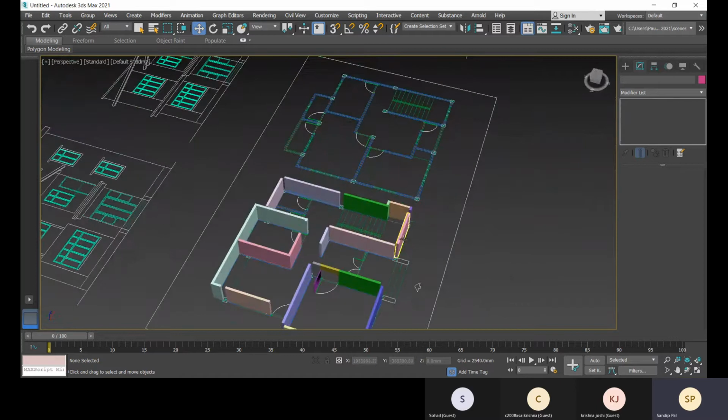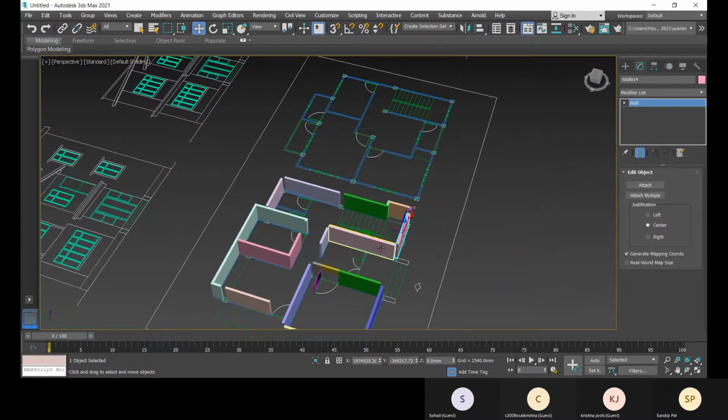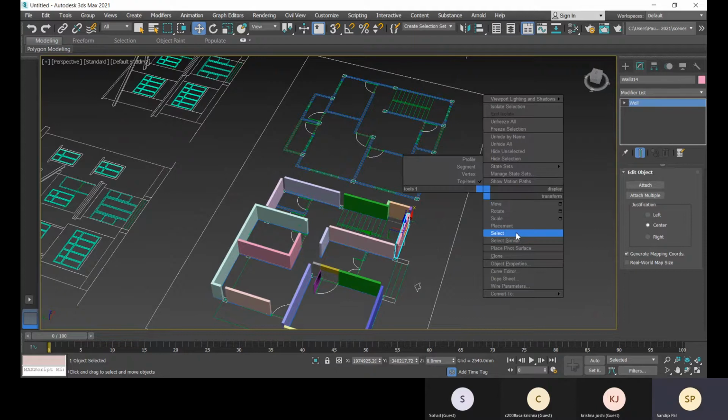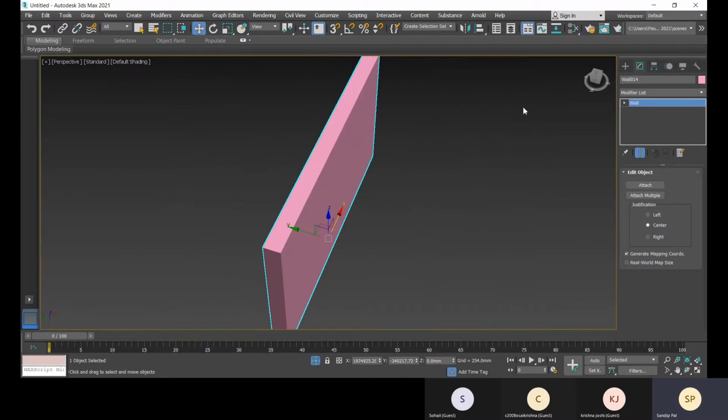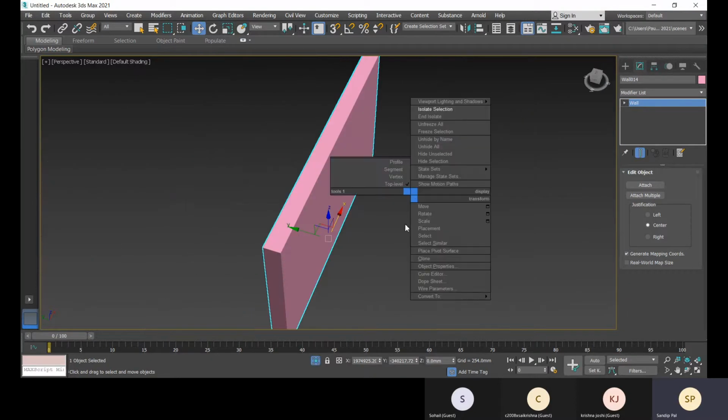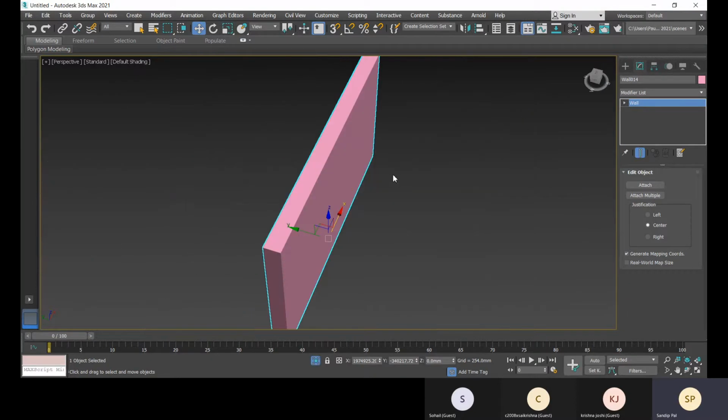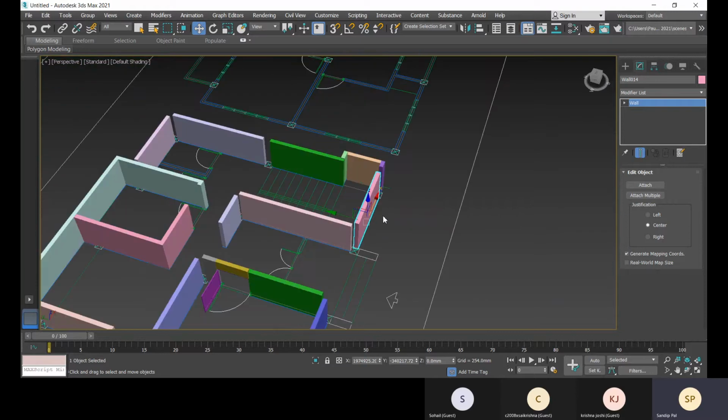Another way of doing it is that, right click, just a minute, select all these things.